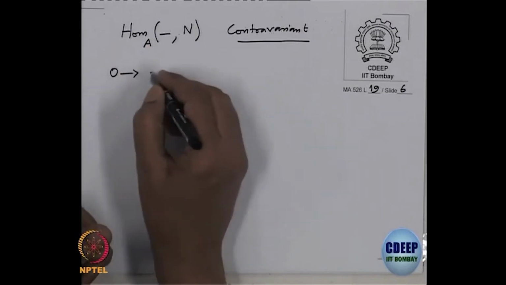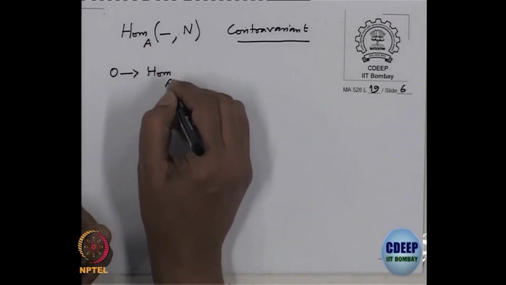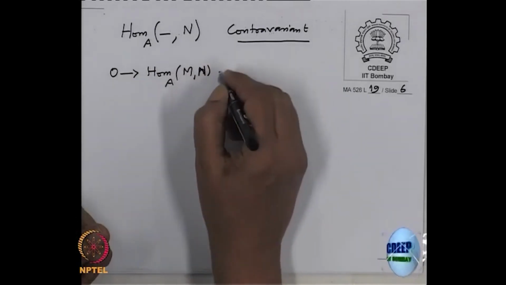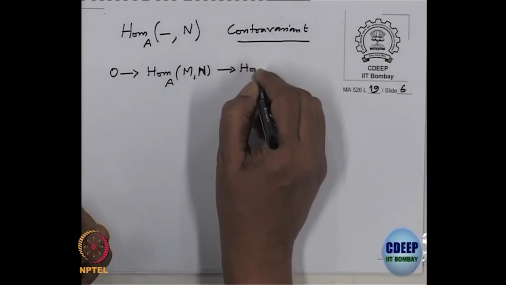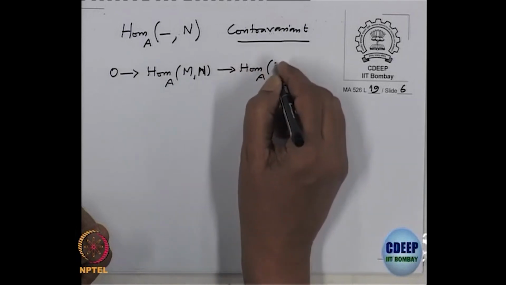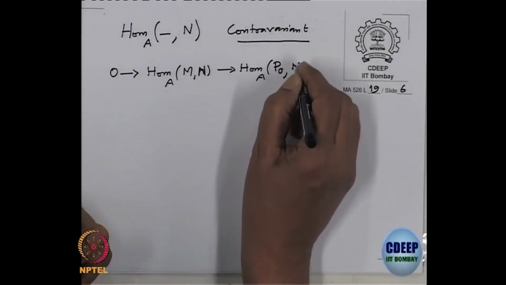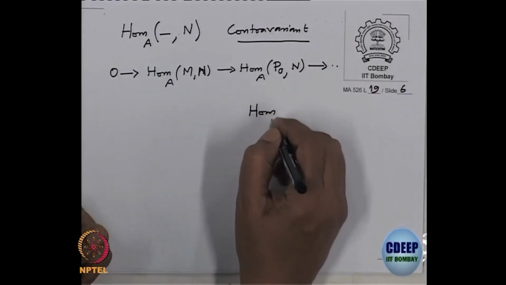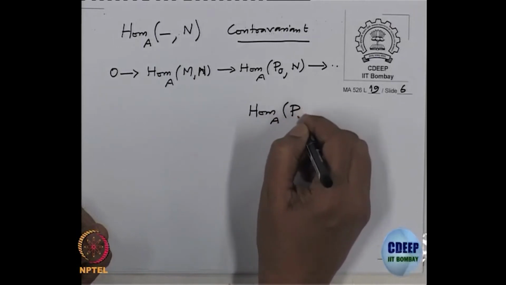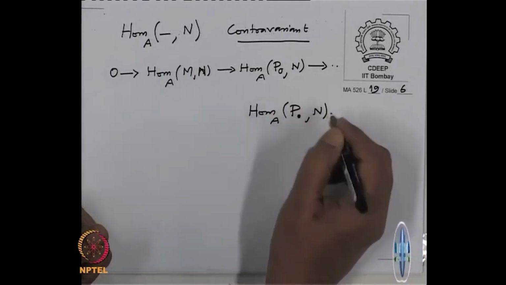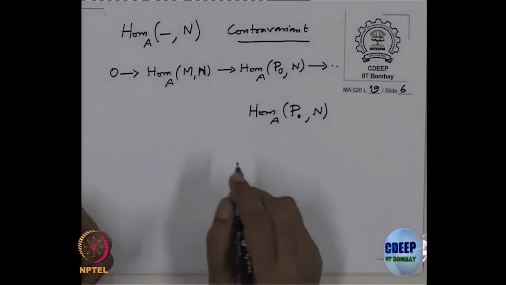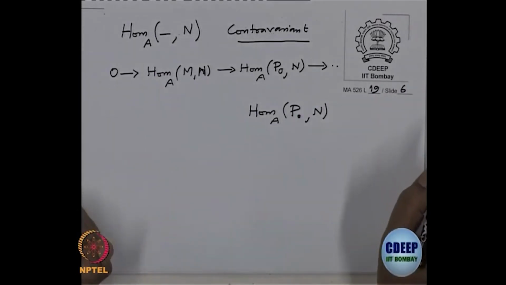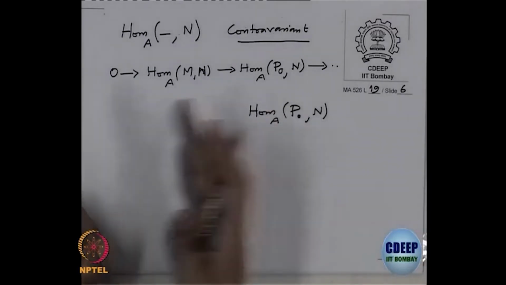So, this is 0, home A M comma N, and then home A comma P0 N, and so on. In general, this should be home A P dot N. Now, it is a long exact sequence. So, you get a complex again, and now we can again take